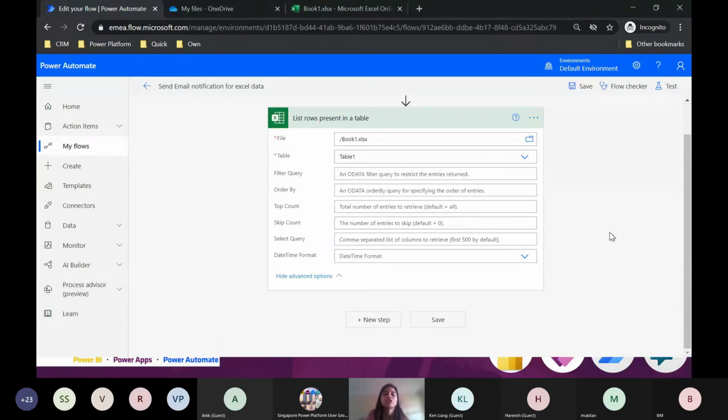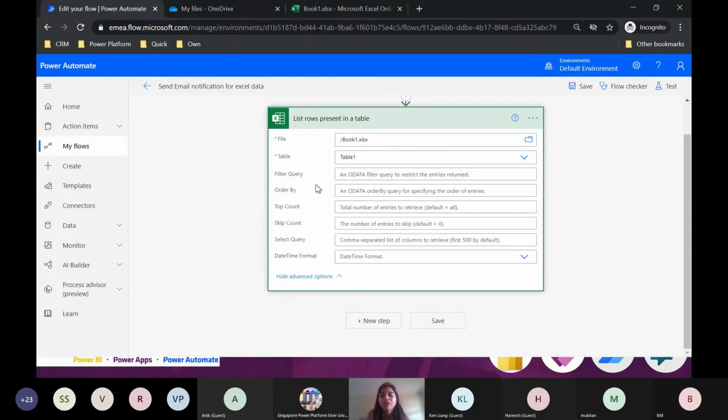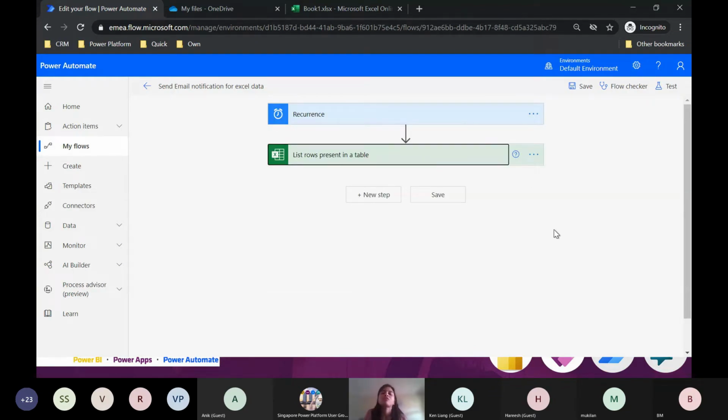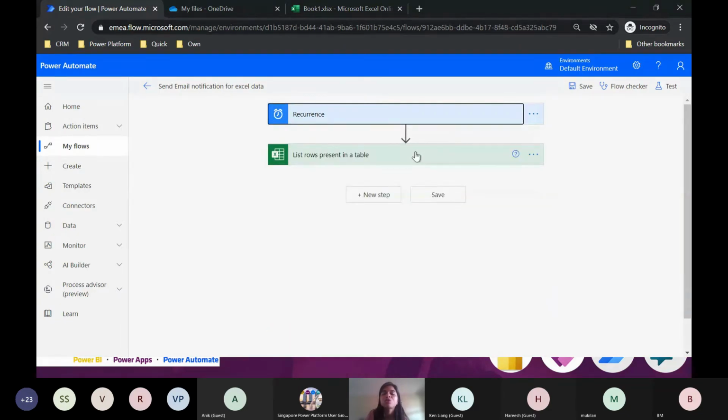There are also a few limitations while filtering your data. At the moment, the filter query will only run on non-date values. So all the string values, you can filter your query over here. I'm not going to make use of my filter query in the Excel connector. Let me go ahead. So now if you see, what we have done so far is I have a recurrence for my flow decided over here. And then I have my Excel that I want to use or play with.